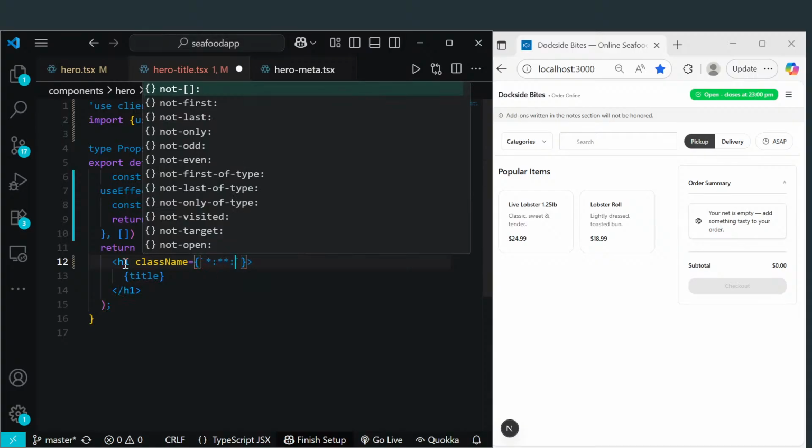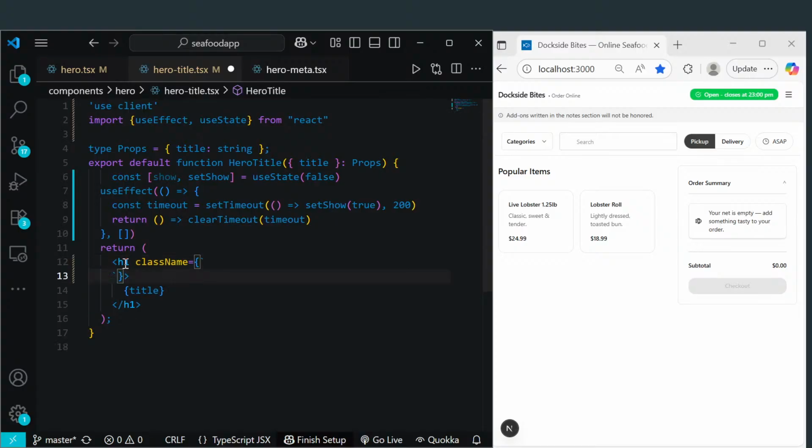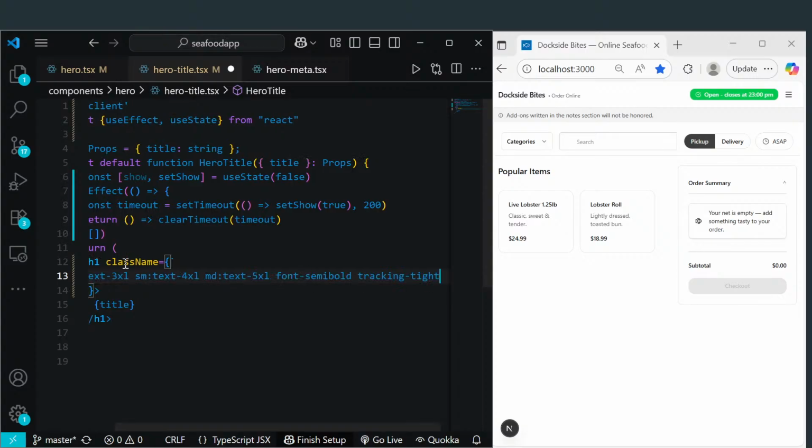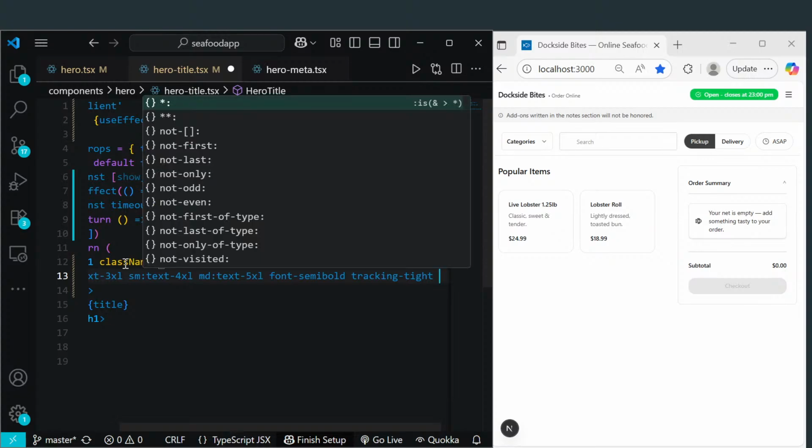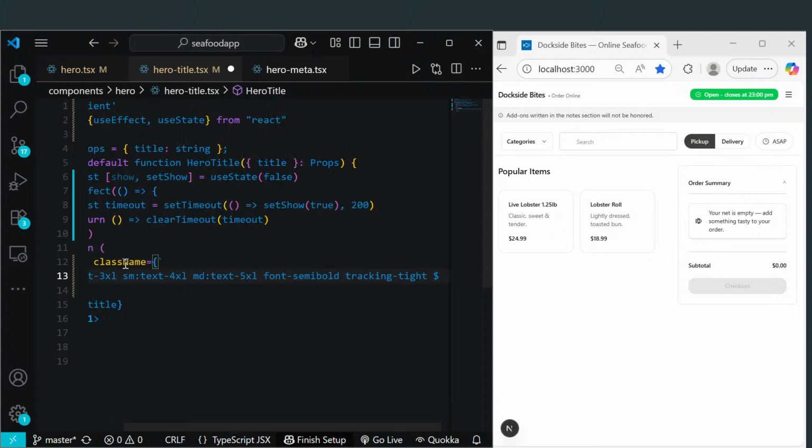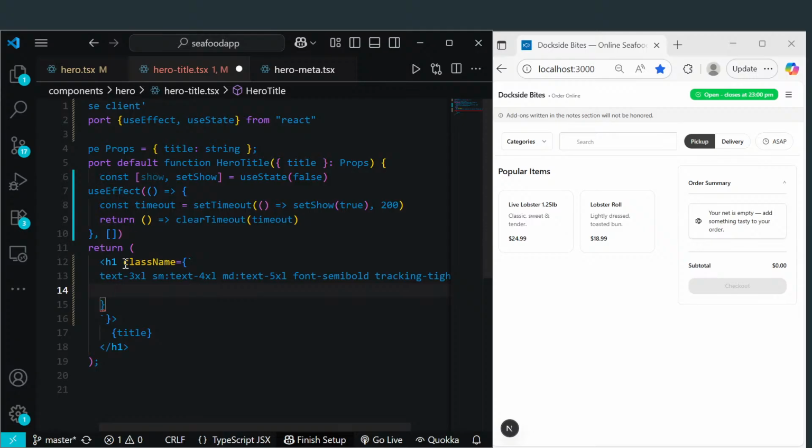Actually we could just paste this in rather, and then dynamically pass in some information. We'll go show. If we do show, we want to show something. Otherwise, when it is not show, we want something else. So if we're showing it, I want to set the opacity,